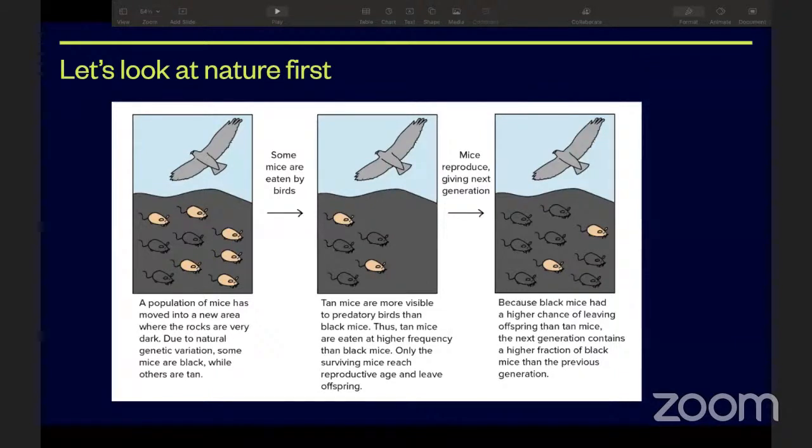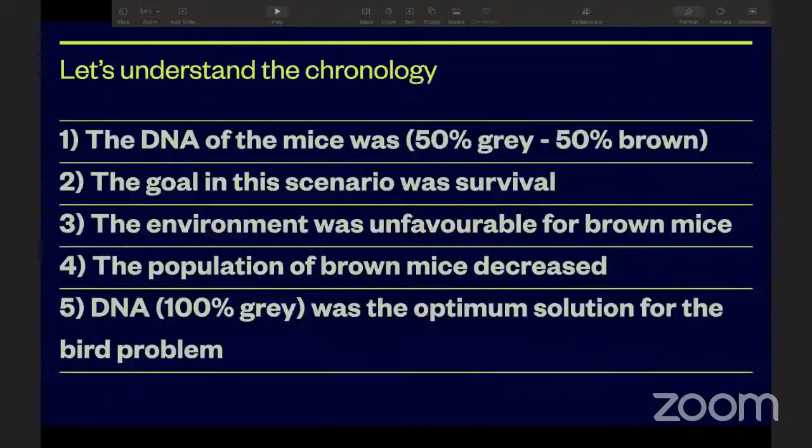Like initially we had a fair distribution, then slowly that started to drift away as more and more generations of mice actually passed by. So we have different generations, we have multiple individuals in a particular generation, and then finally we have the final solution, which is 100% gray. The DNA became 100% gray.